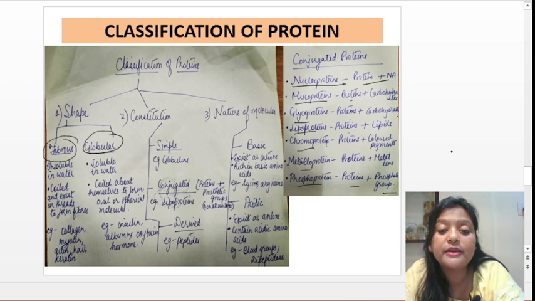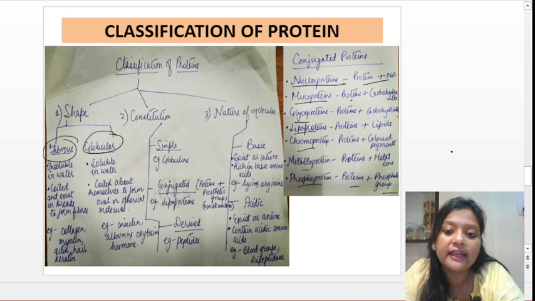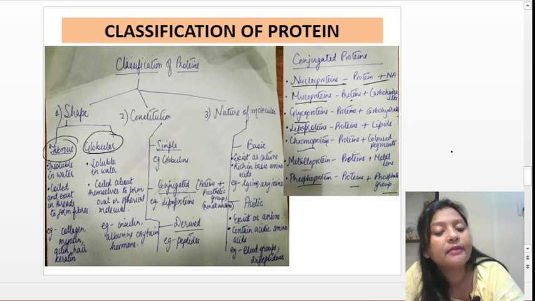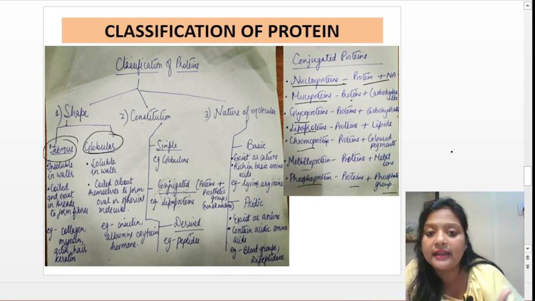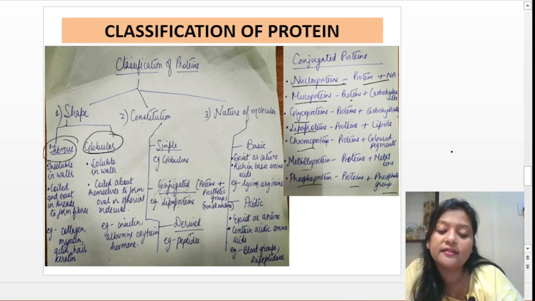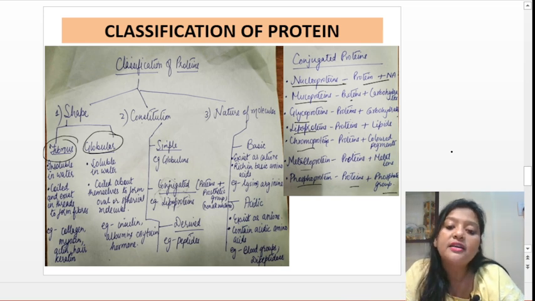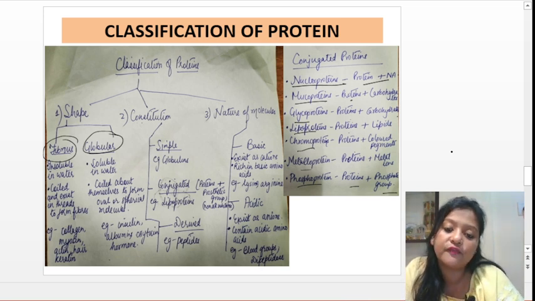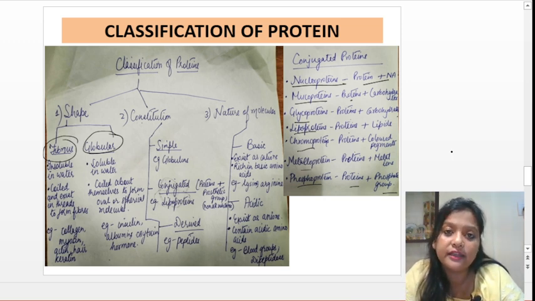Next is the nature of molecules. Based on the nature of proteins, again they can be two types, basic and acidic. Basic means they exist as cations and they are rich in the basic amino acids such as lysine and arginine. Okay. And acidic proteins exist as anions and they contain acidic amino acids. That's why the protein is acidic, right? Because they're made up of amino acids. If amino acids are basic, the proteins are basic in form. And if the amino acids are acidic, then the proteins are acidic. Okay? Example of acidic proteins here is blood groups and dipeptide. Okay,